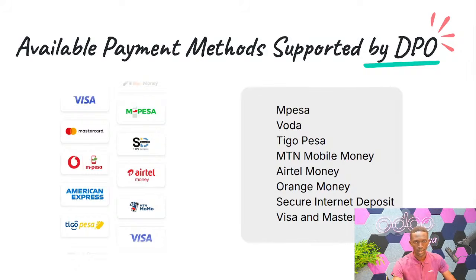So this is a sample of some of the available payment methods that are supported by DPO Pay, because remember, it's a payment service provider. It's not just one payment method, but it's actually multiple. So once you have enabled DPO Pay, you can be able to use